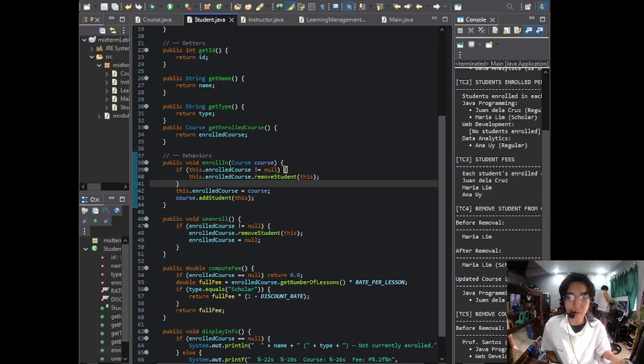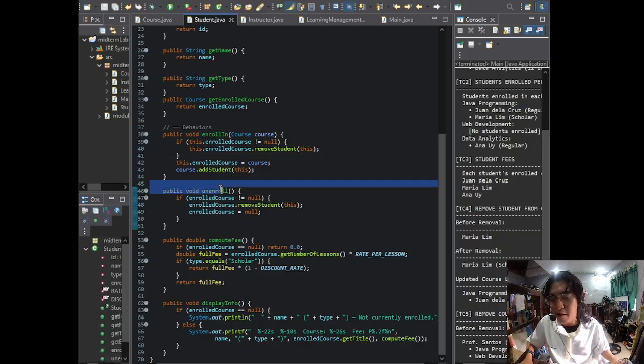If the student is already in another course, they are automatically removed from that course first, because a student can only be in one course at a time. Then the student's enrolledCourse is set to the new course, and the new course's addStudent is called so both sides stay in sync.